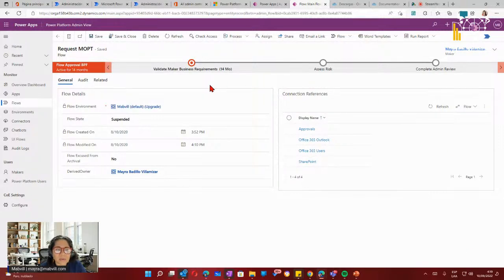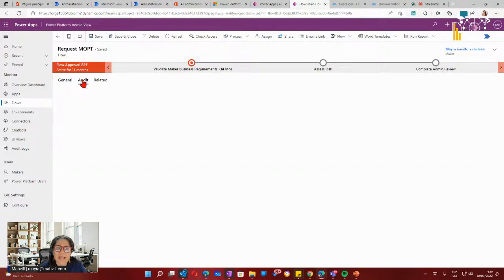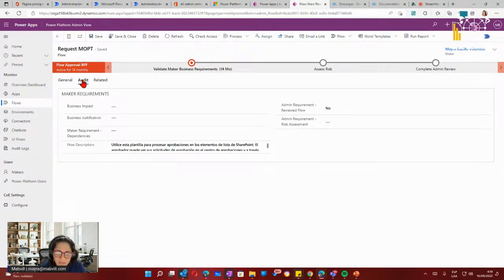Me está indicando la fecha en que se modifica, en que se crea, el estado, ese está suspendido, pero lo que más me interesa es que tiene un proceso de auditoría donde me indica si impacta el negocio,